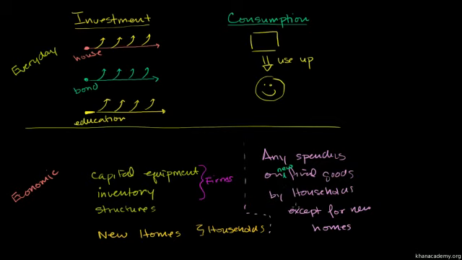Now, what's a little bit unintuitive over here is, according to the way we account for GDP, the tuition that you spend on a college education, that is new spending on final goods. And here the final goods, let me write final goods or services. The service you're getting is your education. That would be consumption. So education would fall here in the economic sense, while in the everyday sense, I would consider education right over here.